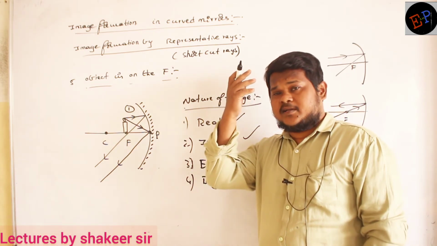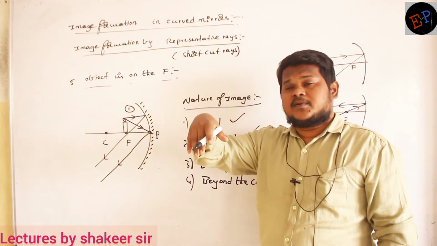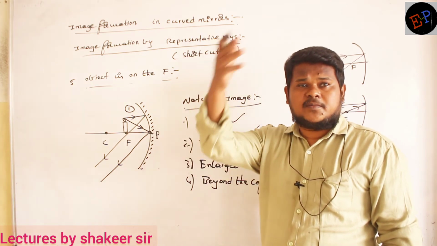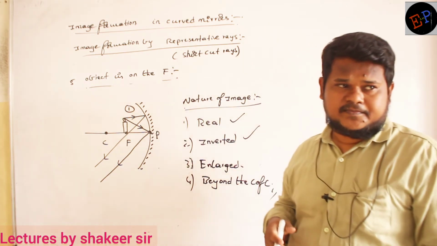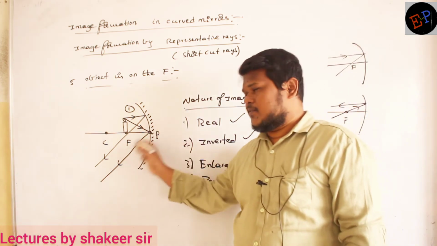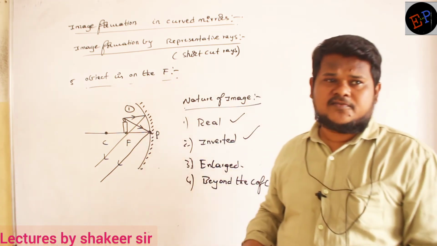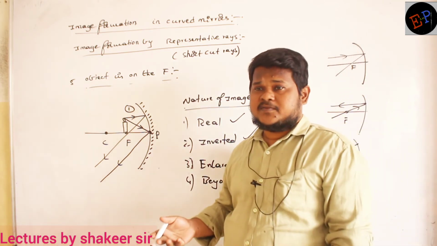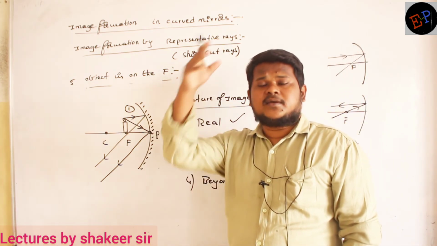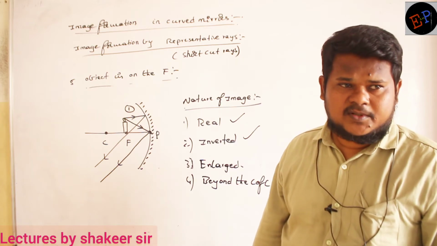If the image is created at infinity, it will be a very large image. It will be a real image. It will be an inverted image formed at the infinity. These are the properties. Are you able to understand, ma? Actually the rays are not meeting, so the image doesn't form. But for theoretical purposes, we say that the image is formed somewhere at the infinity. That is the meaning of it. Are you able to understand, ma?